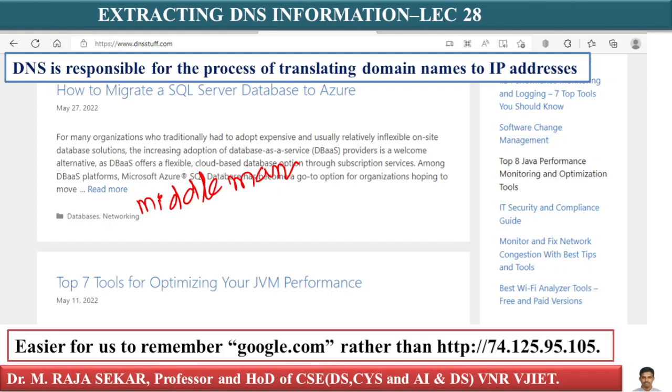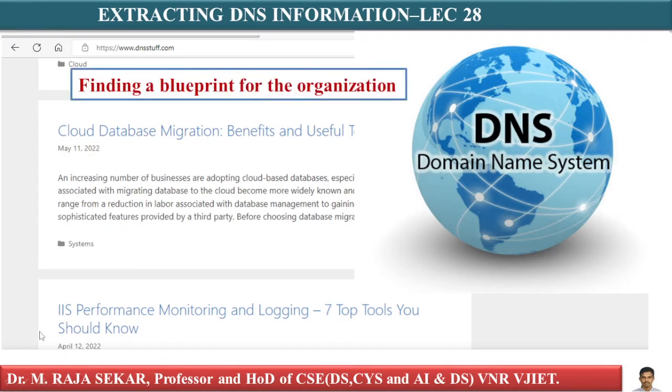In terms of reconnaissance, obtaining full access to an organization's DNS server is like finding a pot of gold at the end of a rainbow, or perhaps more correctly, it is like finding a blueprint